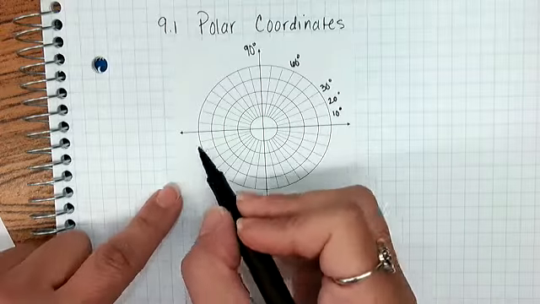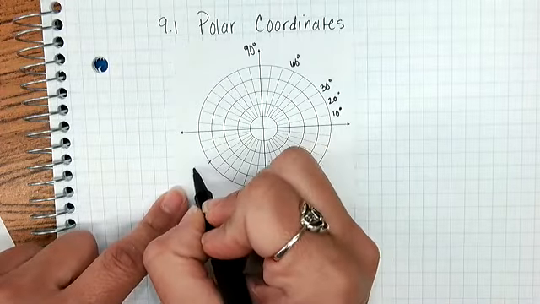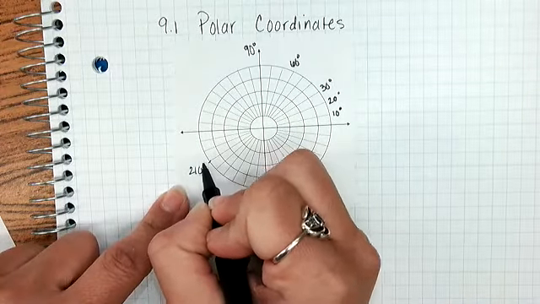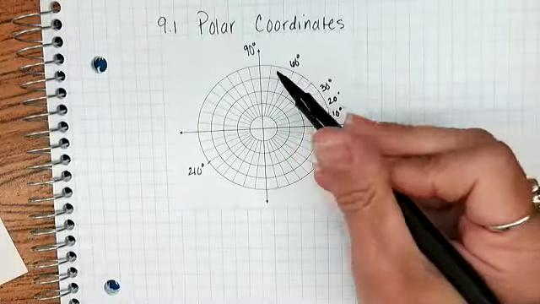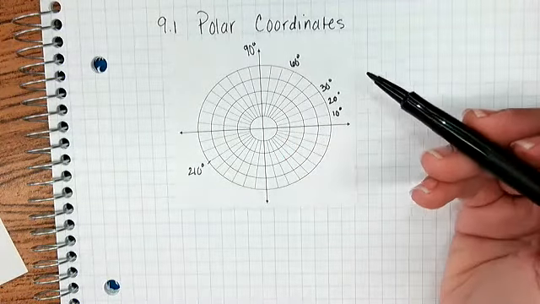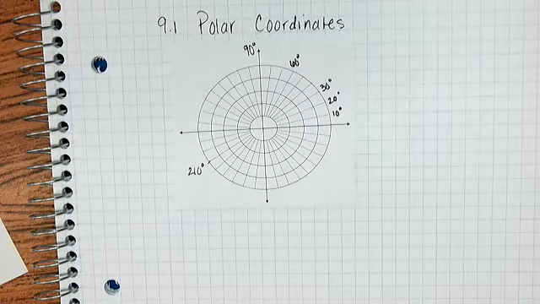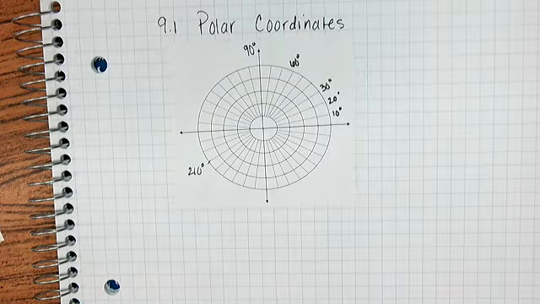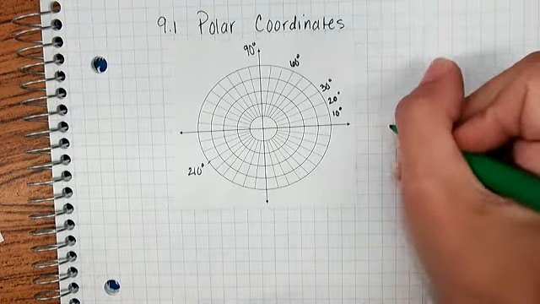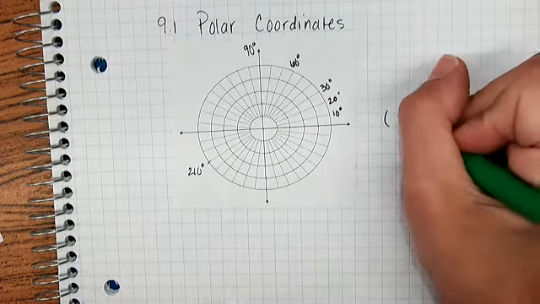So for example, this point right here would be 210. These are going in increments of 10 degrees. Each circle represents a radius of 1. So what does this look like? If I asked you to plot the point, let's say 3,